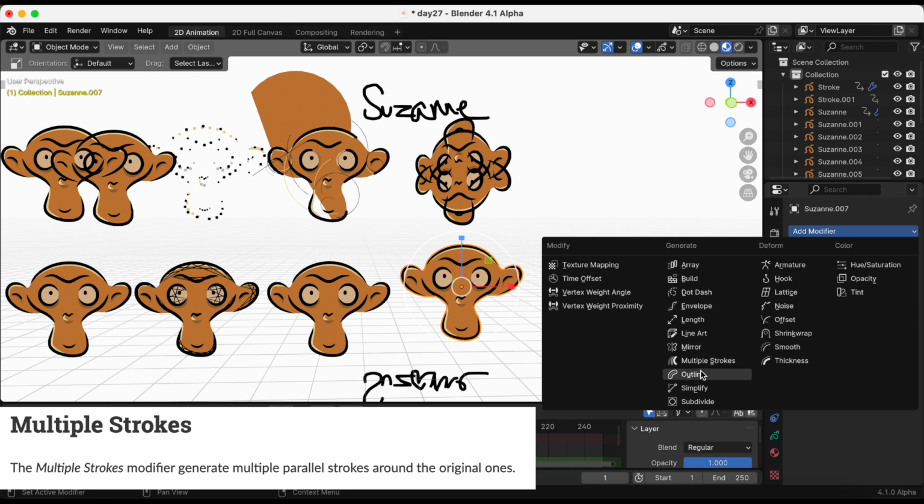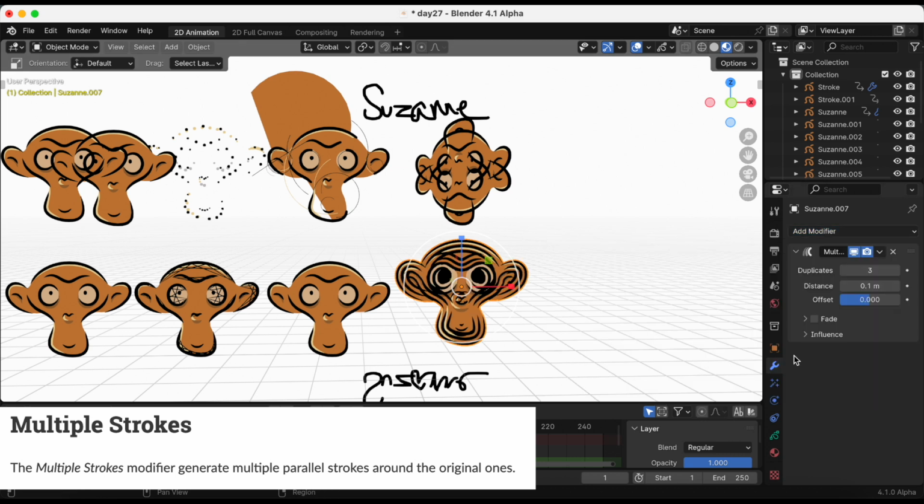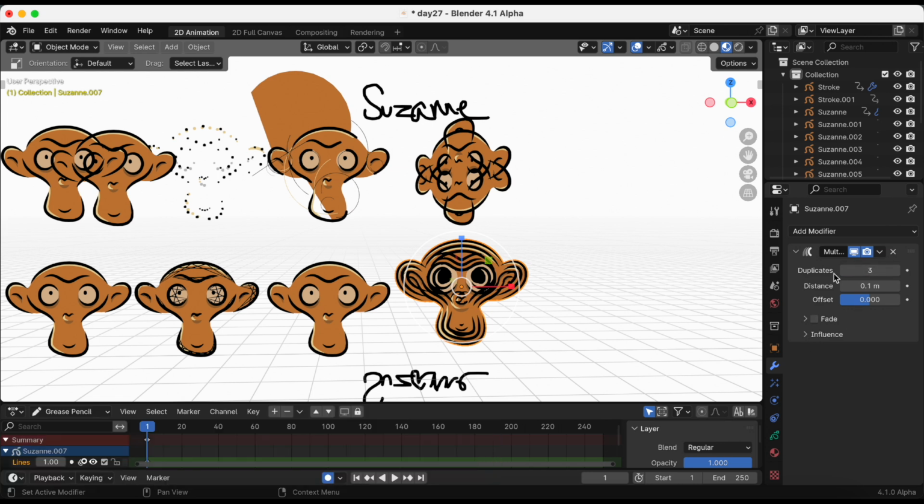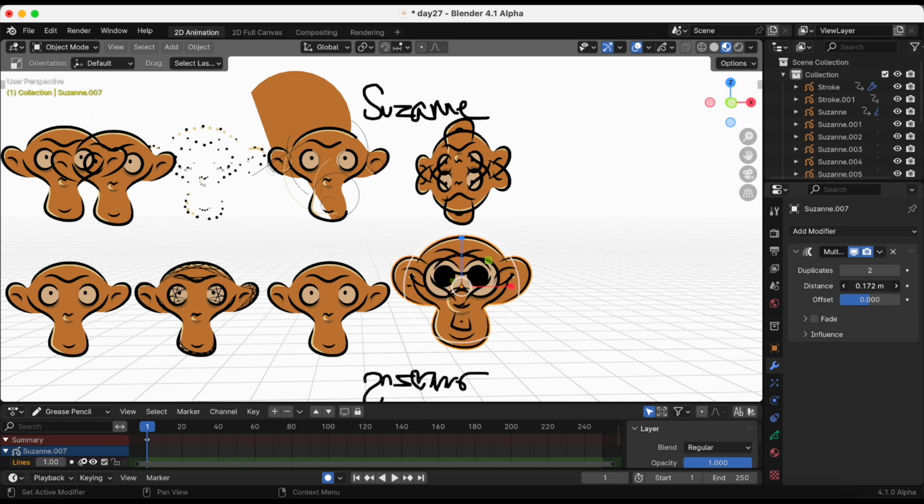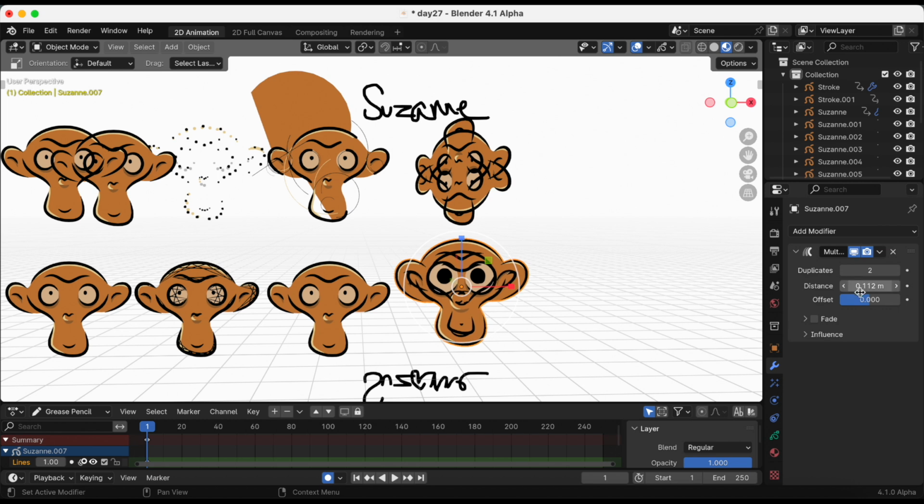The multiple strokes modifier generates multiple parallel strokes around the original ones. With the options, you have duplicate, distance, offset, fade,